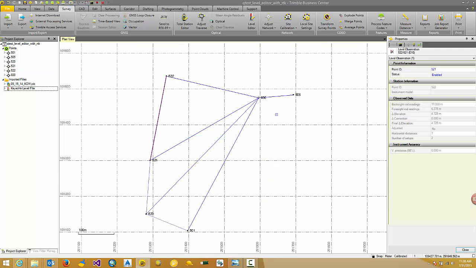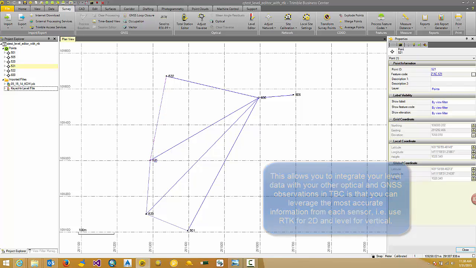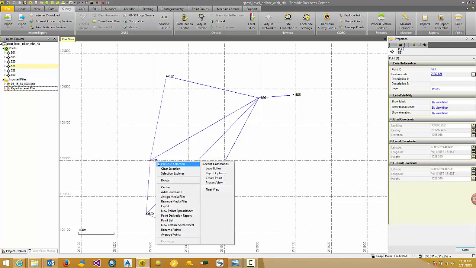If you go to the properties of that, you can see it's a leveling observation, and you can see the information of that observation. Also, the reason why you want to do this type of work when you have an RTK, you may want to run a leveling run in order to get a much better information on the vertical component of the point. So in this case, if you go to a point 521 through which we run a leveling run,